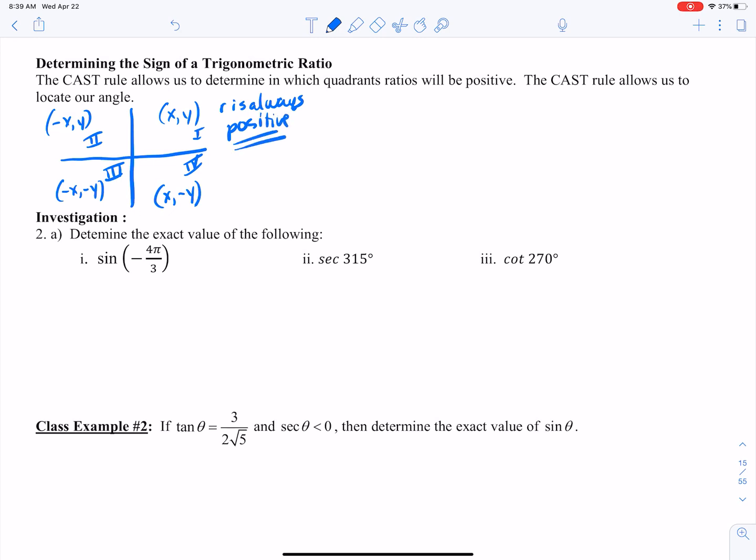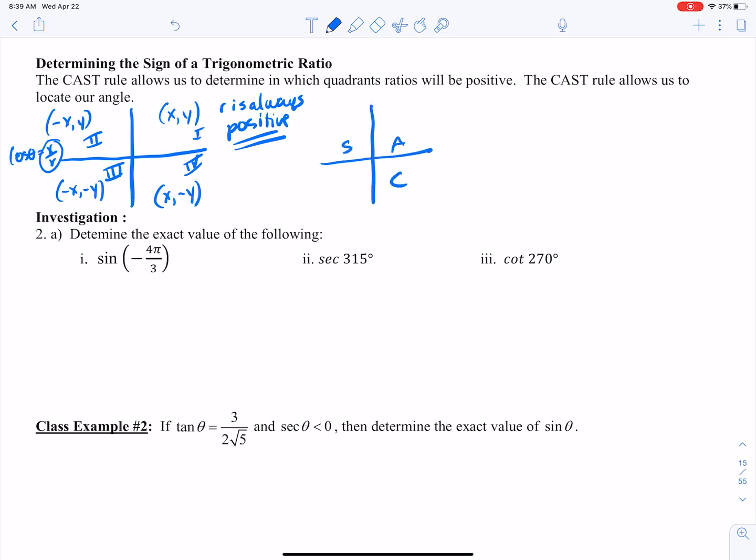So let's say, for example, if I took a look at cosine in quadrant 2, cos theta is equal to x over r. Because x is negative in quadrant 2 and r is always positive, the whole fraction would be negative in quadrant 2. But there's a little rule, so we don't have to figure it out all the time, and it's called